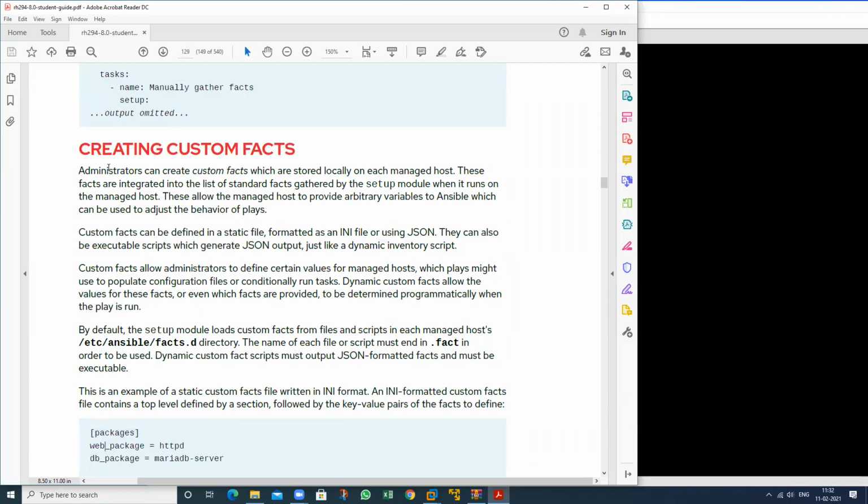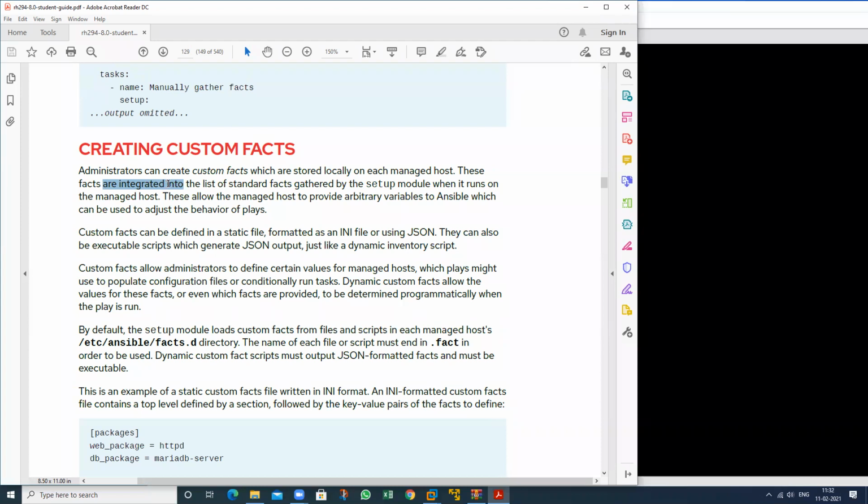So if I want to define facts by my own choice, we can use custom facts. The administrator can create custom facts which are stored locally on which machine? The managed host machine. So these facts are integrated, meaning you have to define them. These are not predefined.